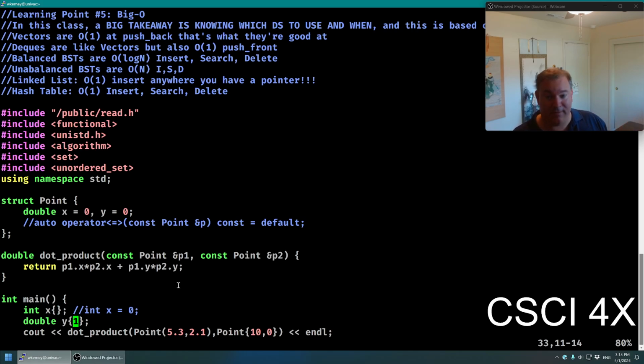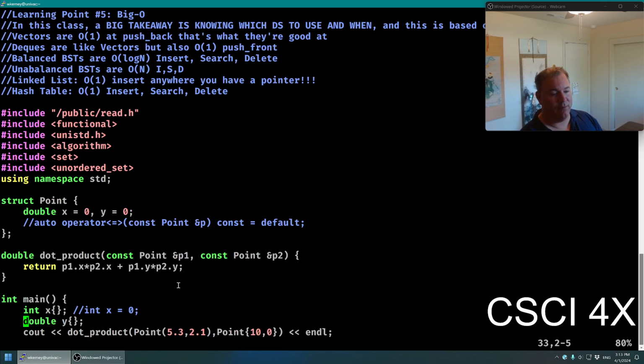If you do Rust, it won't convert for you. Like, no, you told me you want a double, you got to give me a double. And so you would have to type in 1 with a dot after it, which is the same thing as typing 1.0. C++ allows that. That's because it would be kind of annoying to get mad at people for setting something to 0. So they allow it. That also sets it to 0.